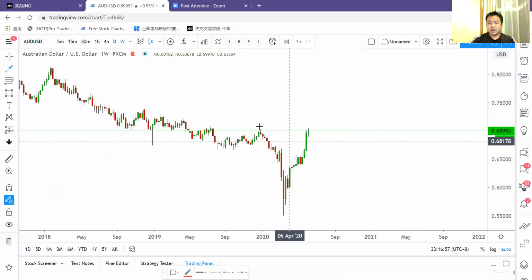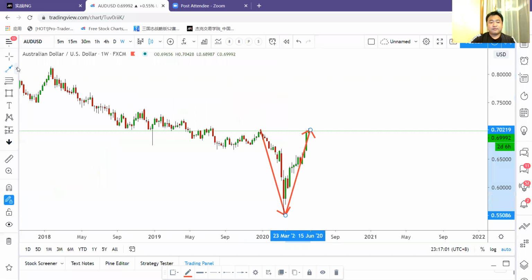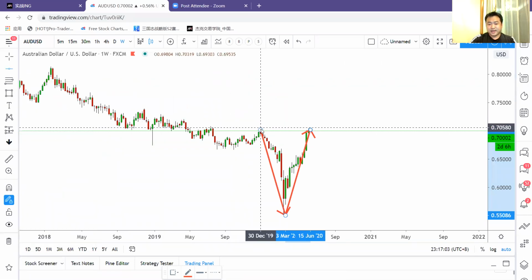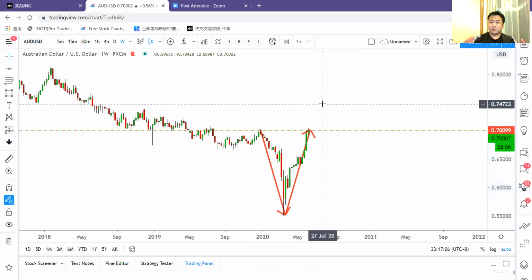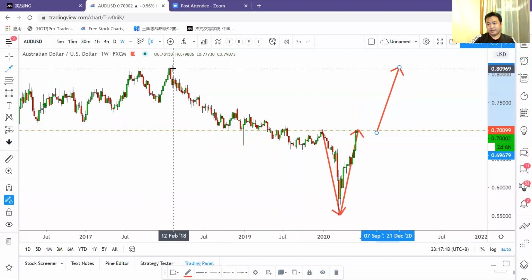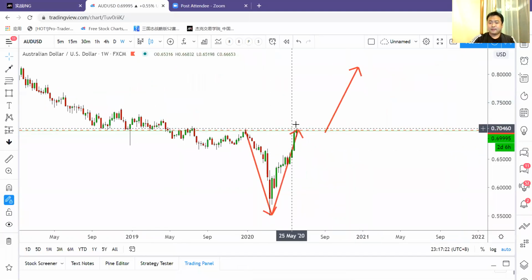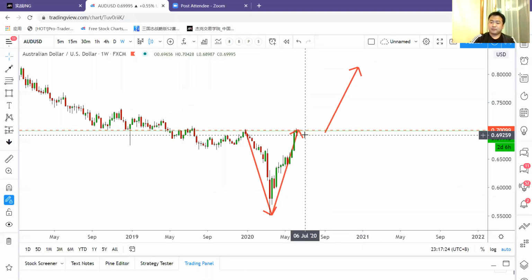This is a 100% V-shape reversal, we call it. And if the V-shape reversal's neckline was broken, guess what will happen? If the V-shape reversal's neckline was broken, it may all the way go to the previous high at 0.80. So I think the Aussie will still become strong,